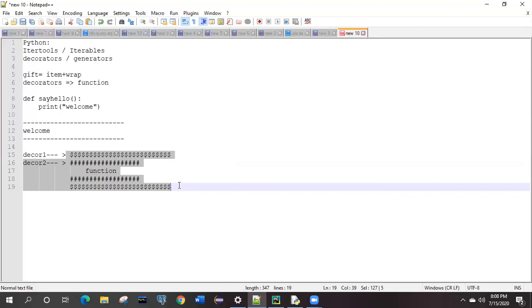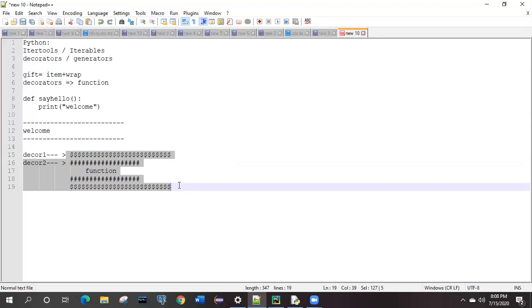When we define the decorator functions, we mention it. First of all, we need to define one function only, that is the common point. Then we need to define the two decorator functions, decor one and decor two, right?